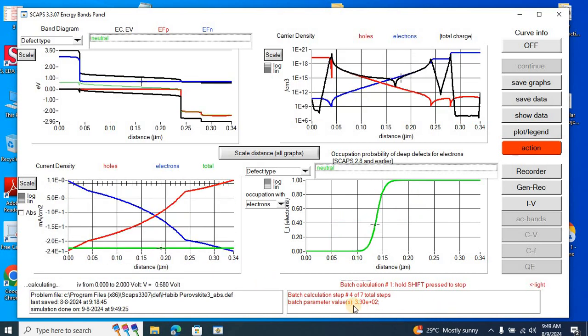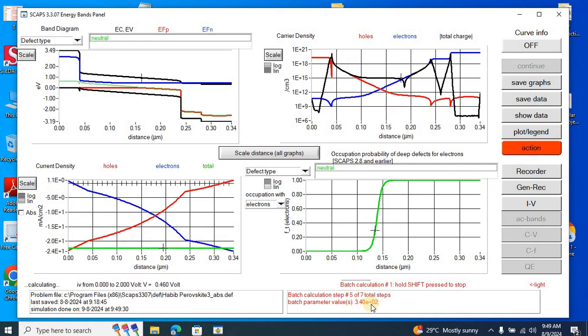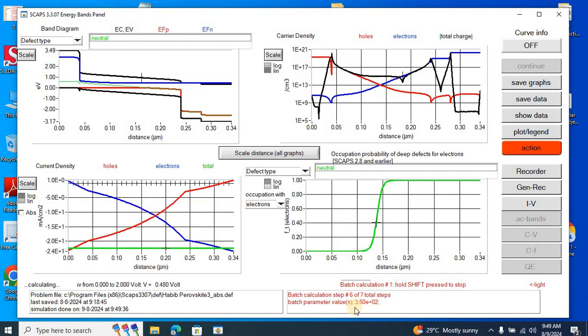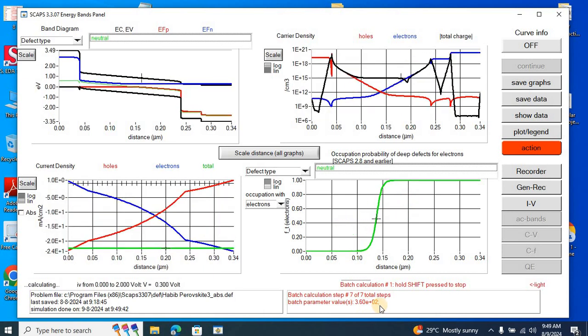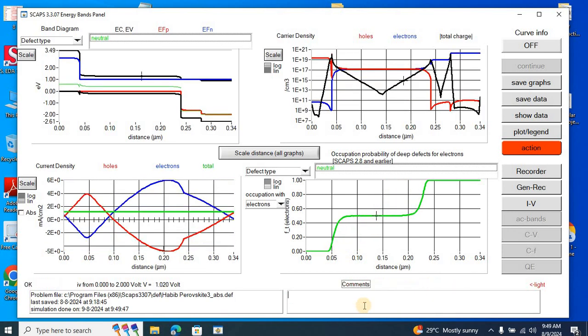You can see the temperature parameter here, now it's performing it for 330 Kelvin. Now we're at 340 Kelvin. Now at 350 Kelvin. Now at 360 Kelvin. So, I want to do it in the range of 300 to 350, but I entered another value, which is 60. So what we can do is we can go ahead with the same, or we can go back to